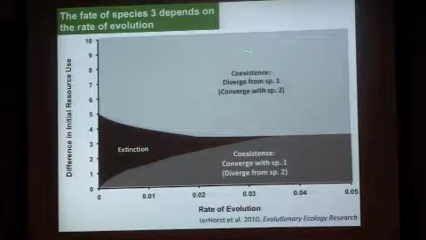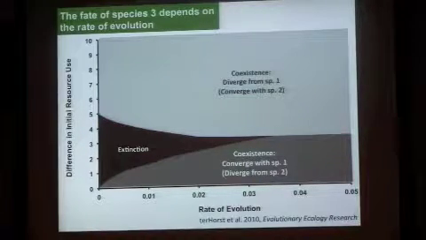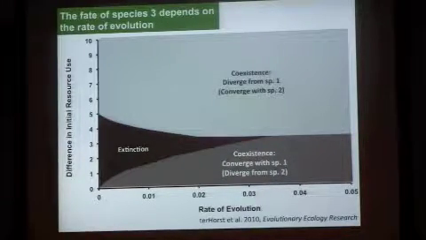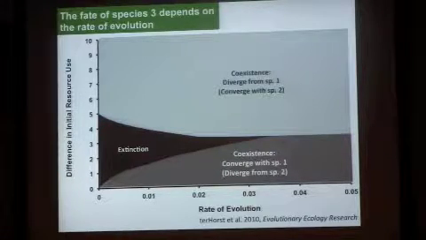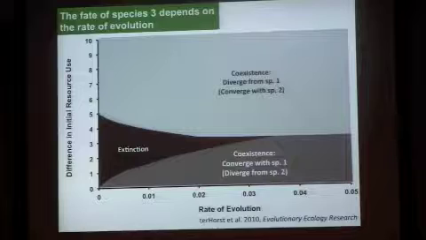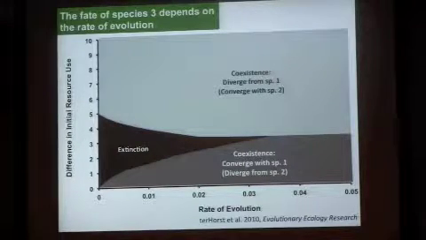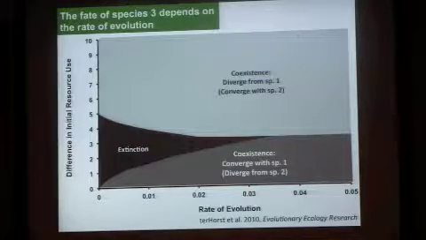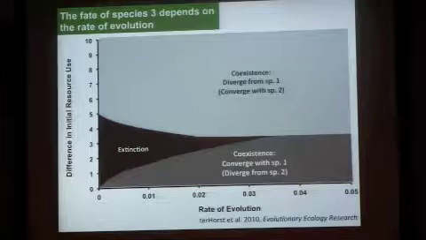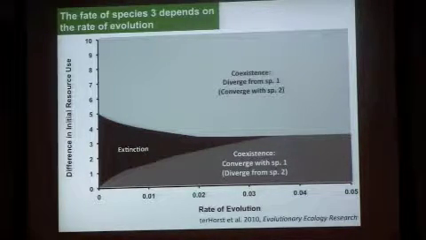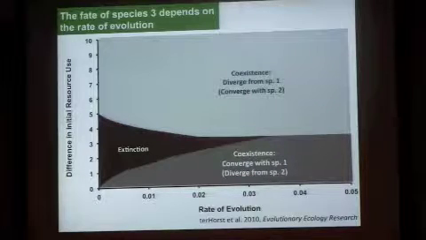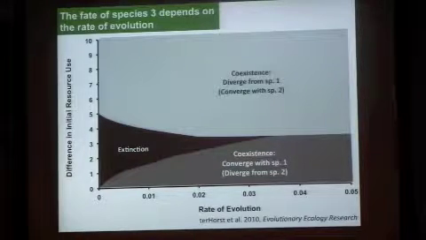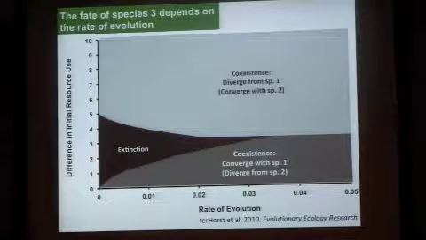The difference between this area and this area is just which species the purple one's converging with. Either it's converging with the red one or with the green one. But either way, it's effectively the same result. You always get some combination of convergence and divergence. But in both of these cases, you get two species converging with each other. And so the point I want to make here is that you can get convergence, but it's always as a function of divergence. Species are always trying to be more different from one another. It's just if you're trying to be more different from that red species, you end up being more similar to the green species, and you've only got two directions to go, so you choose the lesser of two evils, which might be convergence with another species.